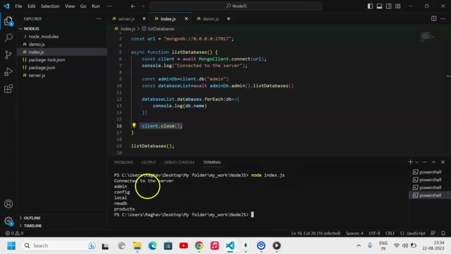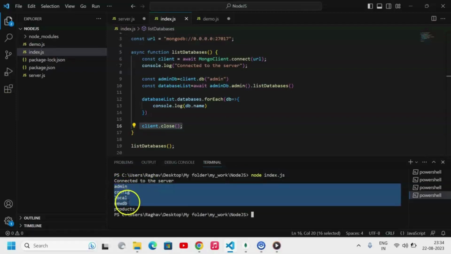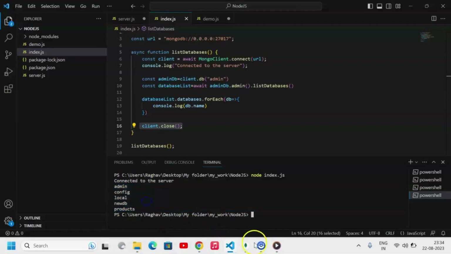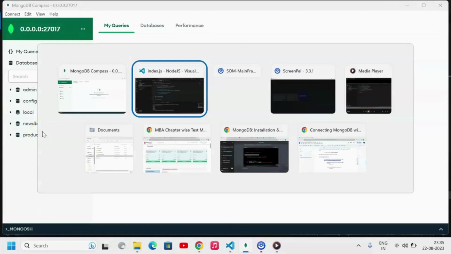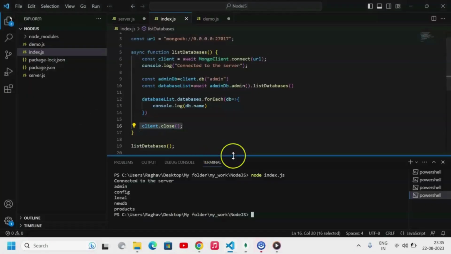We will run and we'll see that here are all the databases: admin, config, local, NewDB and products that are present on the server. I will show you here: admin, config, local, NewDB and products. These are the 5 databases. So this was